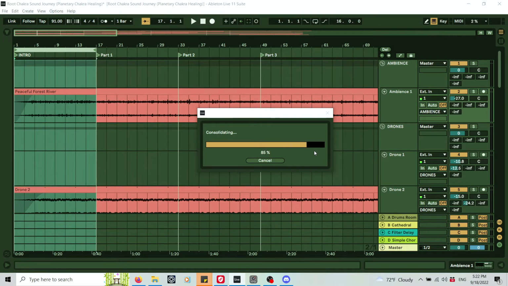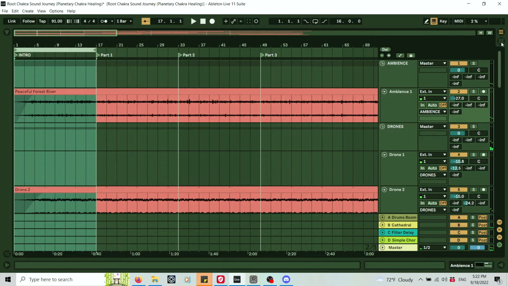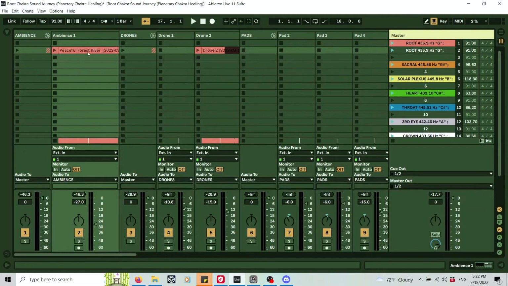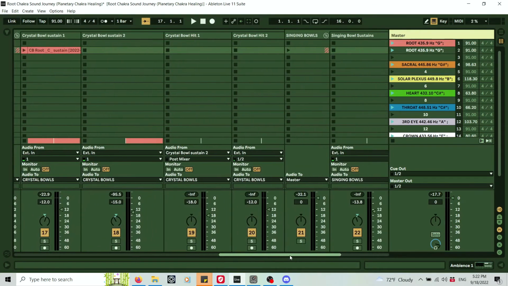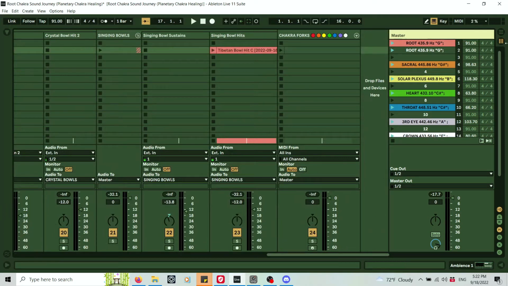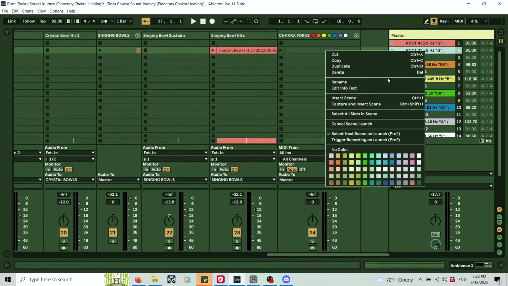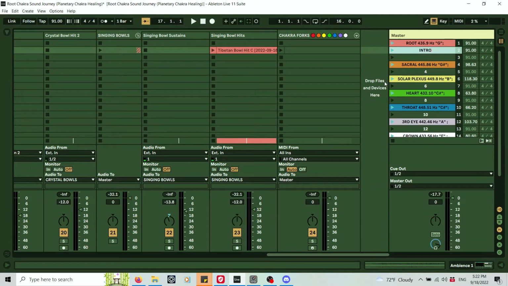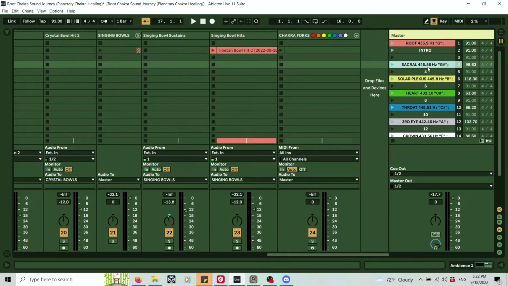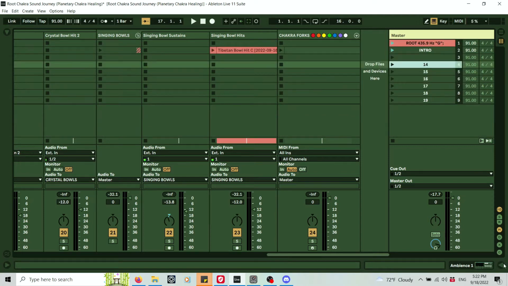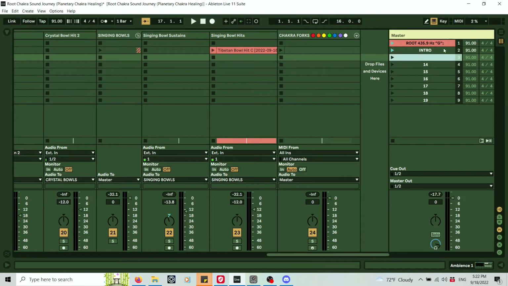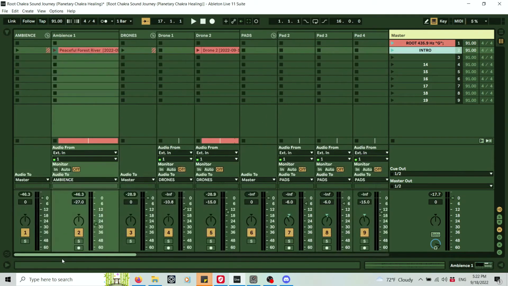And when it's done, I can switch to session view, and all of a sudden I have the clips, but only the clips that were present in the intro. So let's say I rename this intro, and you can see those were all still left from the other chakras. We can delete that for now, so I just shift click and delete them so that we're not confused also with the BPM. So now we have the first part, intro. So what you can do now is check